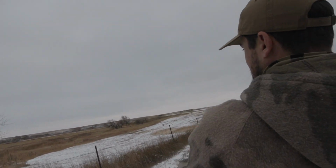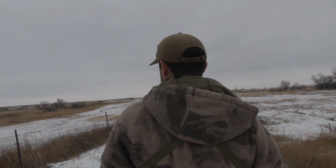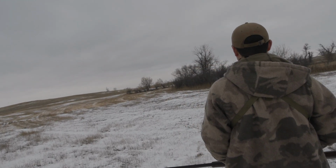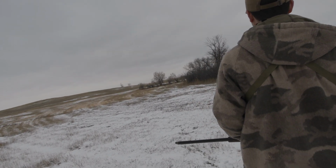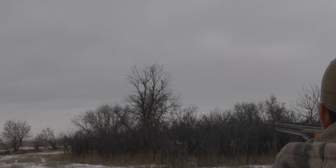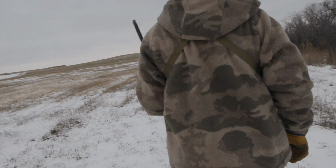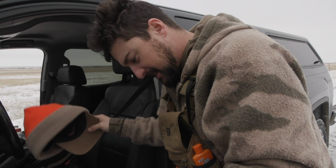Oh, you might be able to get one of these. They're almost in range. Yeah, they're dang close. I get him? Yeah. Shoot him out of the tree. Oh! The old 20 gauge couldn't do it. Alright, well,